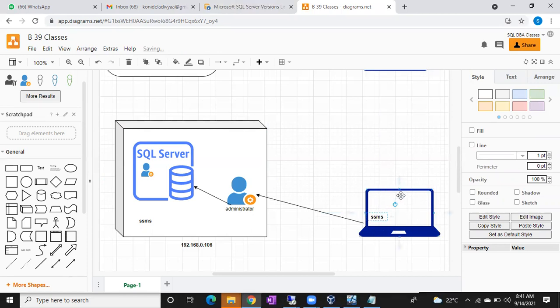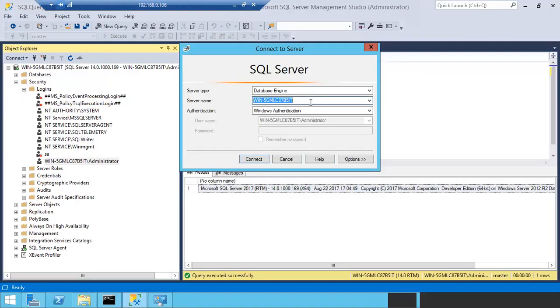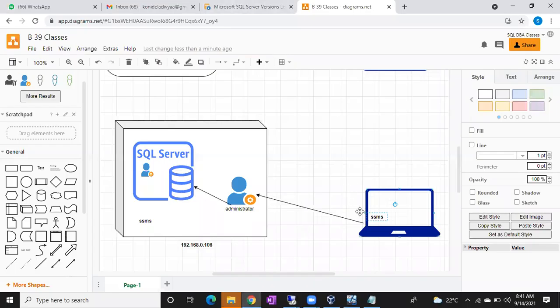They will open SSMS, type the server name in this section, choose SQL authentication, and give their own name, whatever name was created when they requested access. Once they request the access, we'll create a username for them. So they have to give the same username and password so that they can connect to the SQL Server. This is how SQL and Windows authentication will work.